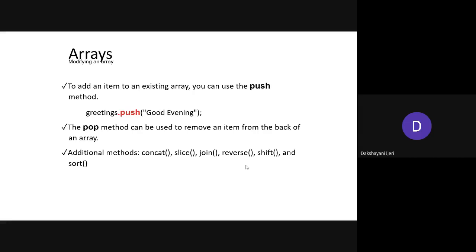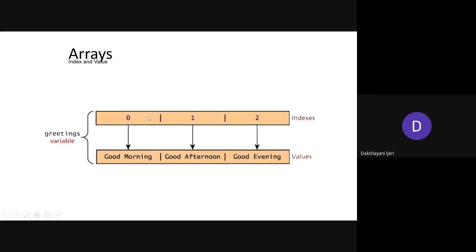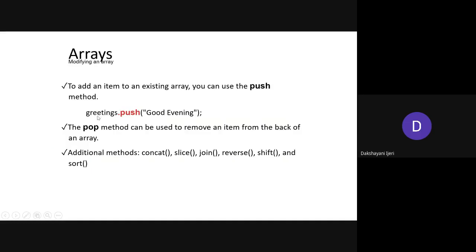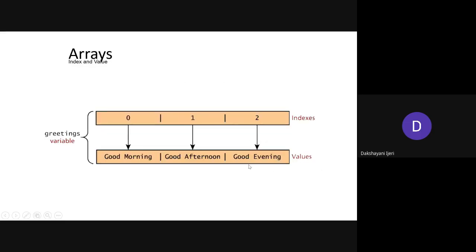Yeah. So once you have created the array, how can you add further elements to that array? If you want to add some more elements to the array, how are you going to do that? That is done with the method known as push. Push is a method which tells that whatever value you pass to this method needs to be added at the end of the array. By default, this value is going to be added at the end of the array with the existing content. So suppose earlier you had only good morning and good afternoon, and after that you perform the push operation on that array variable with a value, so that value is going to be added at the end of the array here.